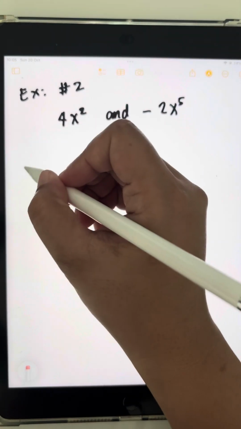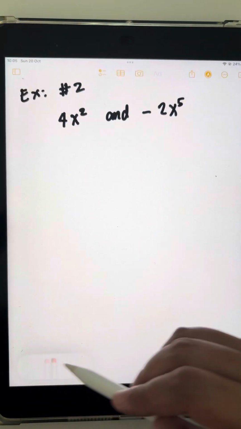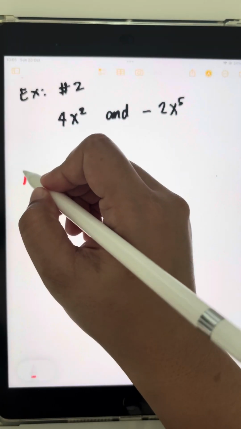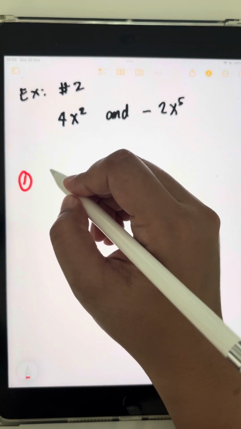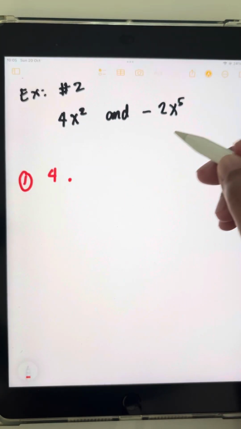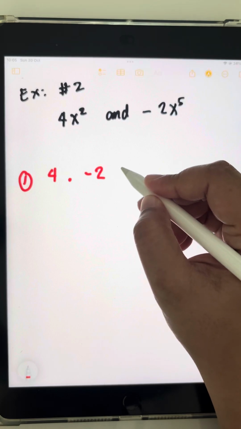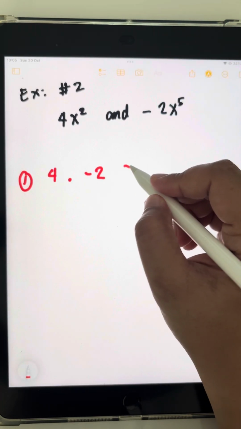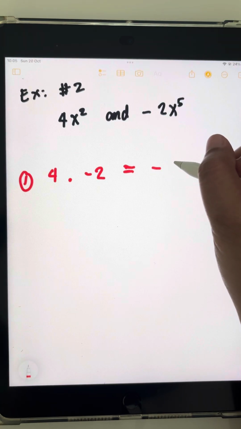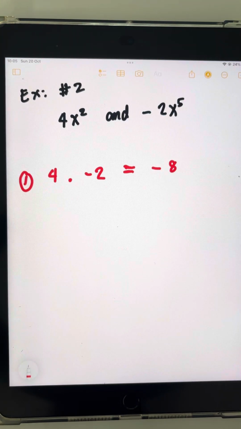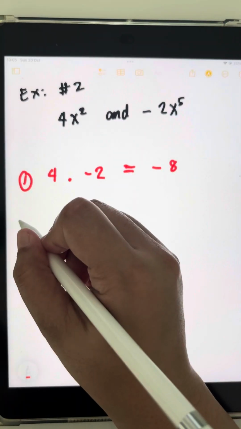Okay, so let's do step 1. Multiply the coefficients, the numbers. So this is going to be 4 multiplied by negative 2. The answer is negative 8, correct? And now for step 2,